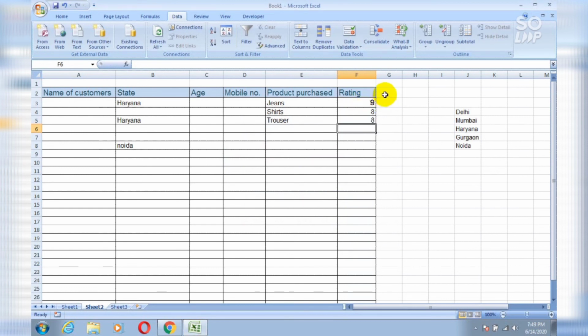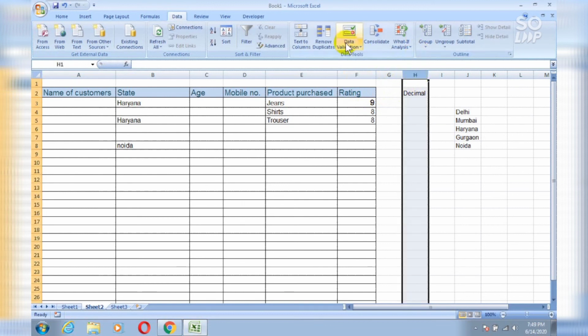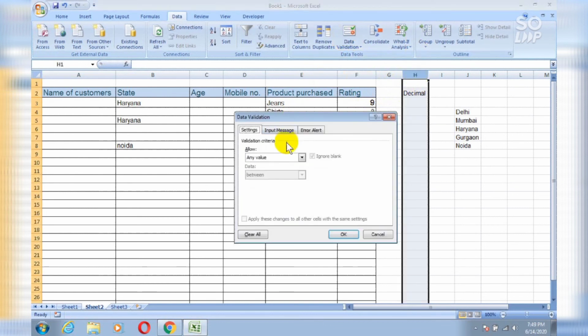So now let's understand decimal also. Simply select your H column and then again go to data and then data validation. And from here select decimal.